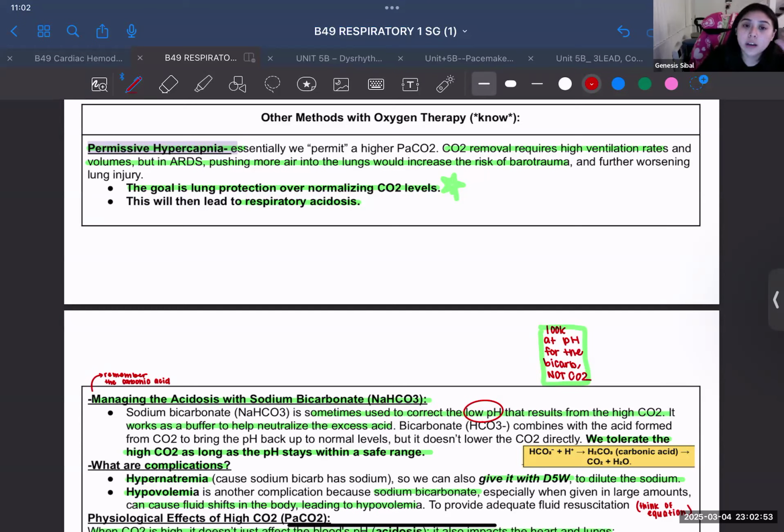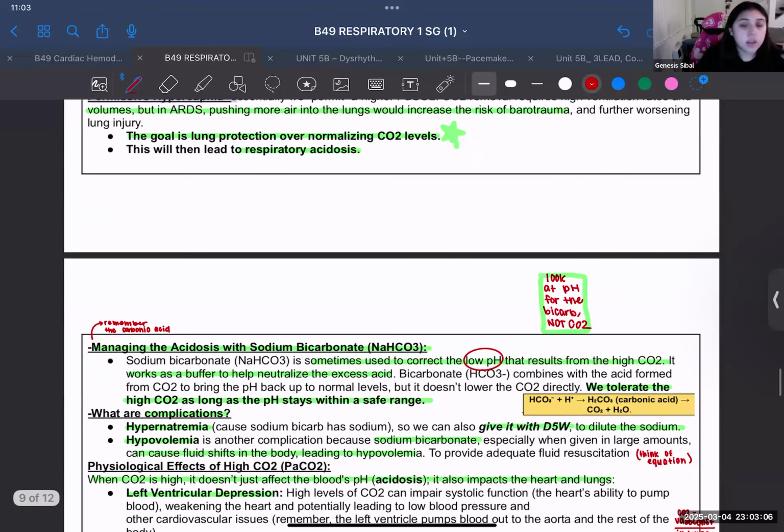If you put as much tidal volume as you can give to them, sure, they're going to be well oxygenated, but the problem is you're just making it worse for them in the long run because again, they're not breathing on their own. You're just putting more volume in them. You're creating more of that tissue damage and everything there. So again, lung protection, okay, that's fine.